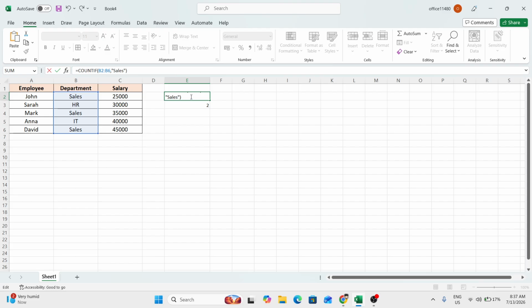COUNTIF is used when you want to count the number of cells that meet one condition. The basic formula is equals COUNTIF, then open parentheses, followed by the range and the criteria. The range refers to the group of cells Excel will check, and the criteria is the condition you want Excel to count. To see how this works, click on an empty cell in your worksheet and type this formula, equals